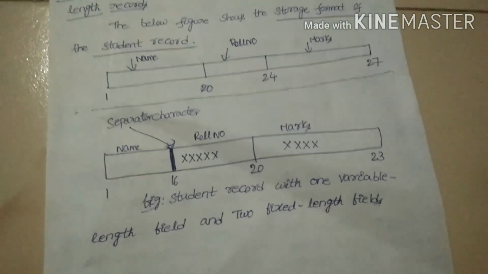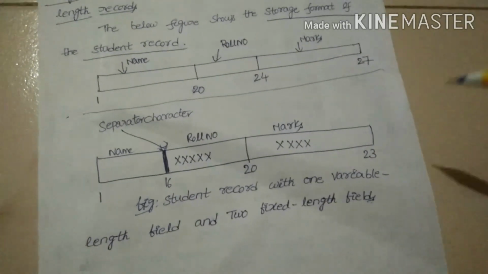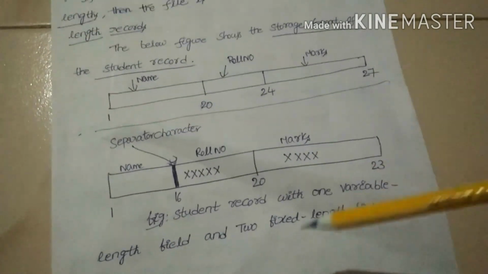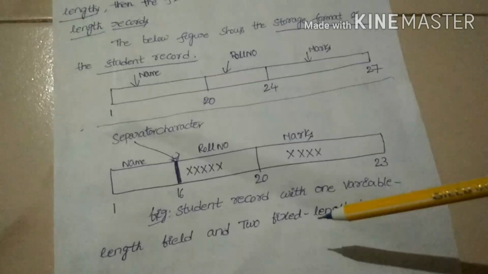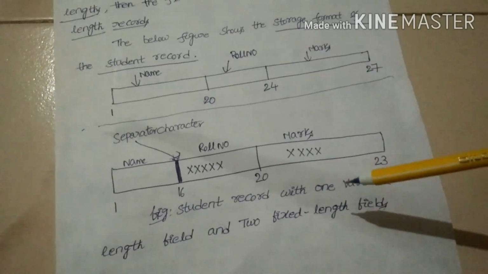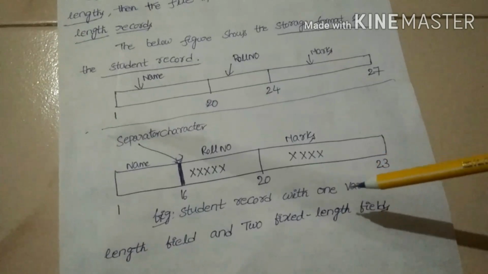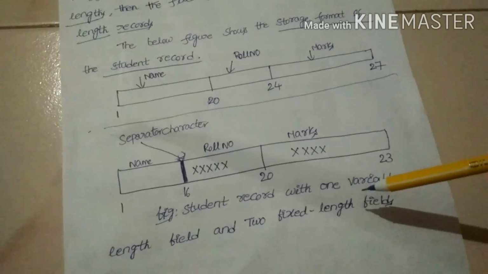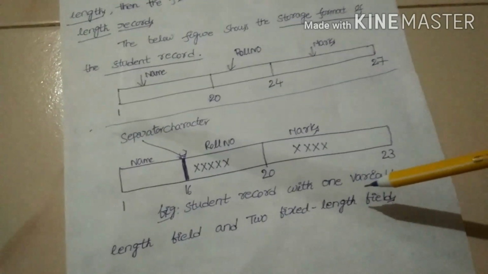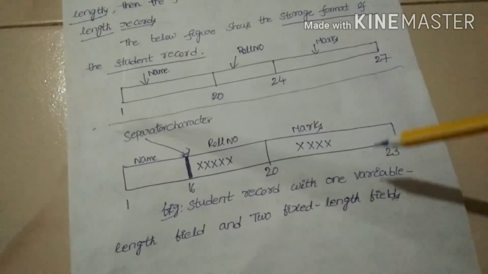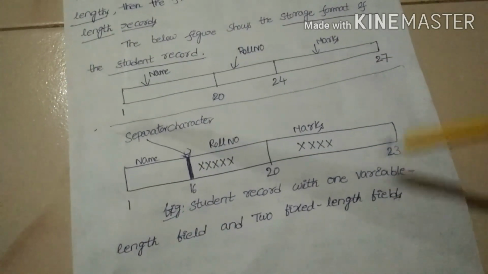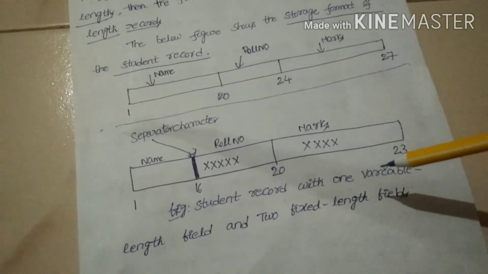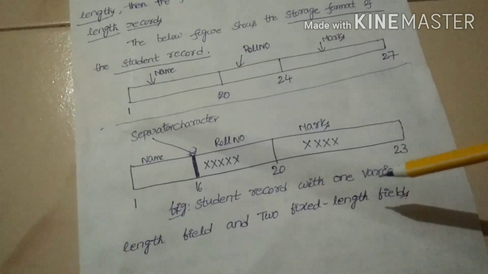Here the file may contain some variable length fields, such as the name of the student, which can be different sizes. One of the fields in the file may contain multiple values of the individual records. Here there can be more than one phone number for the students. One of the fields may be optional. Here the student may have some optional subjects whose marks need to be added. The file may contain different types of records of varying length. There can be a progress report of the student along with the student's record in the file.